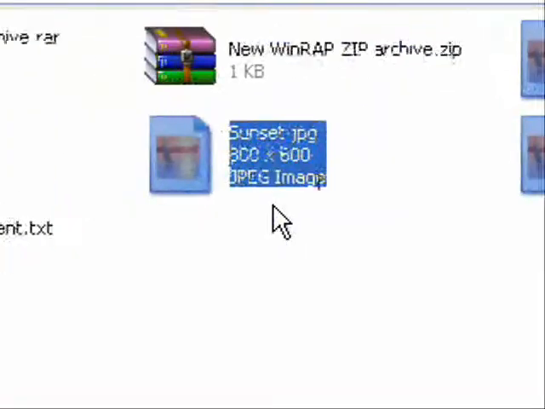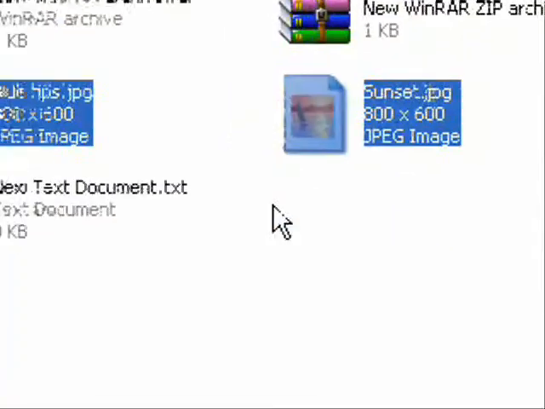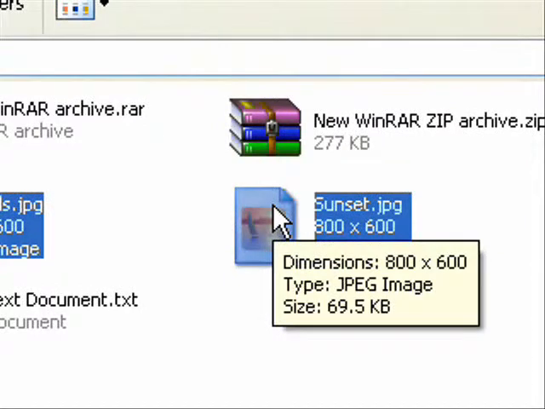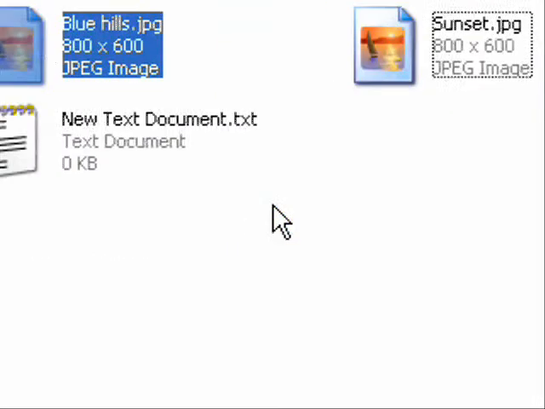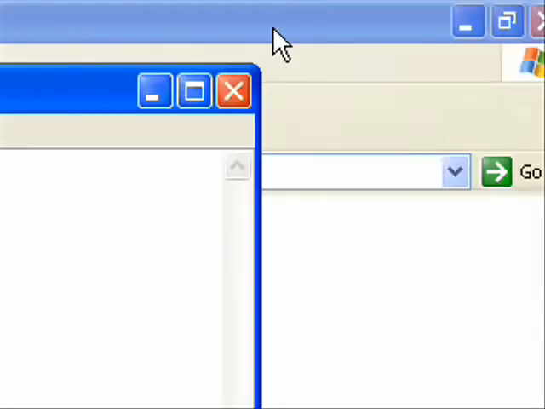So we'll put these images into the zip archive, and you can delete all but 1. Then we'll leave the sunset one and press delete. Open the text document, put in "hello, this is hidden". Press save,